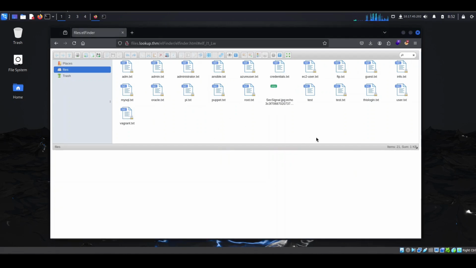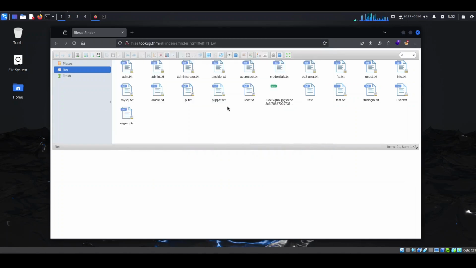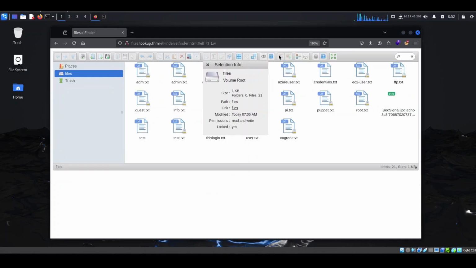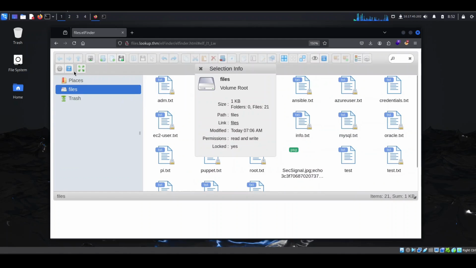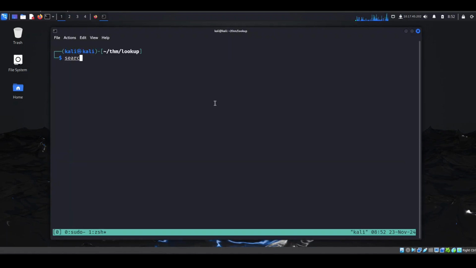Okay, so this is a new thing. If you take a look at the URL, you can see here it says elFinder, and here's an info page as well. It says get info, and you can see it's a volume root or something, and there's a question mark also here. I'm going to zoom in, and with that you can see about this software. This software is elFinder Web File Manager, and you can see the version here, which is very crucial for finding exploits. So we're going to search this version of elFinder in searchsploit. So elFinder, oops, 2.1.47,